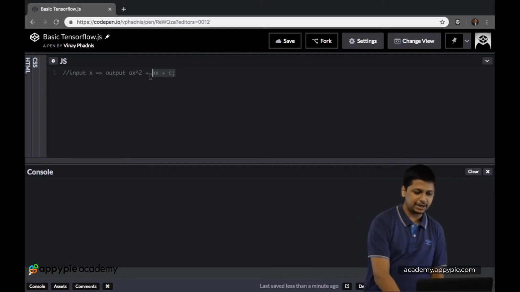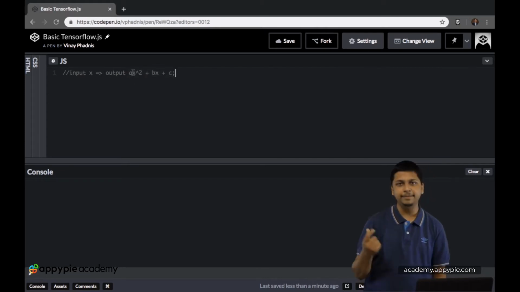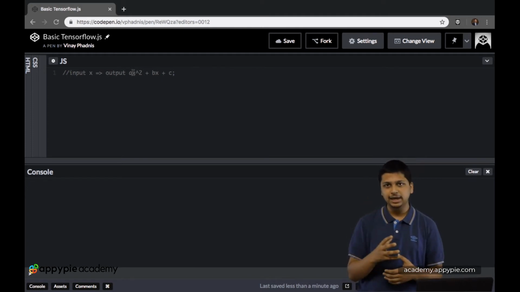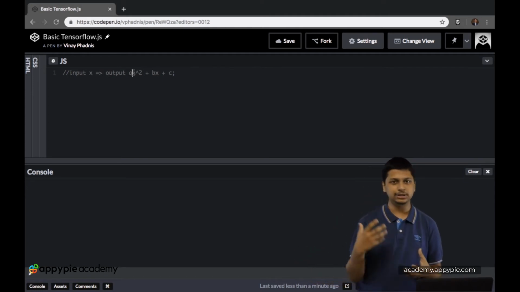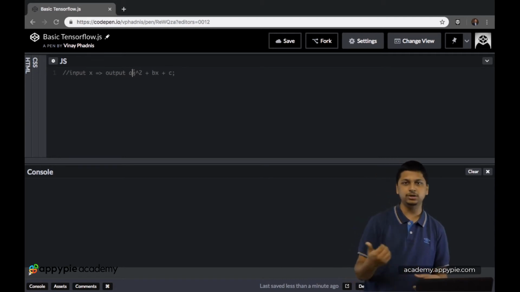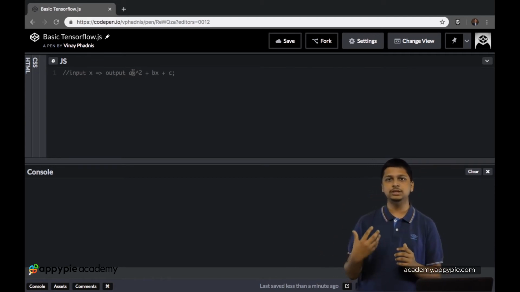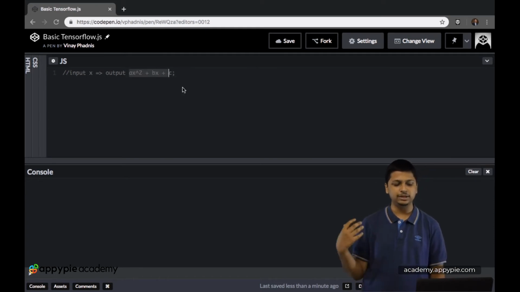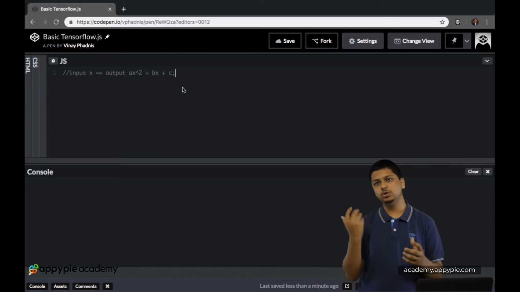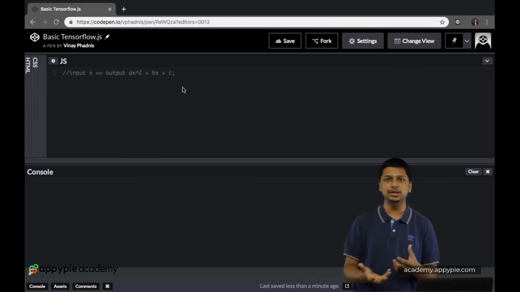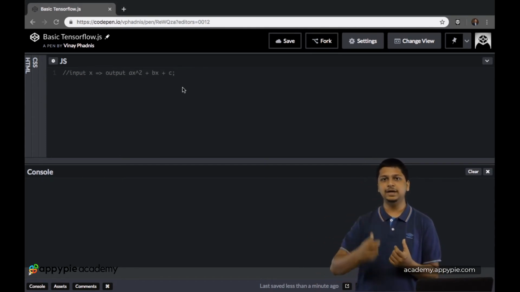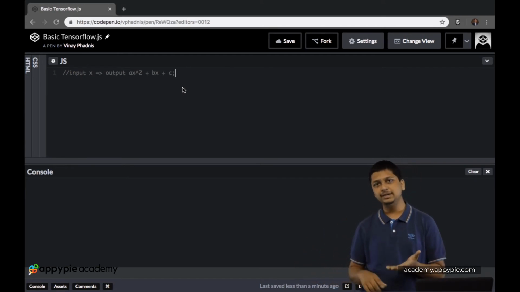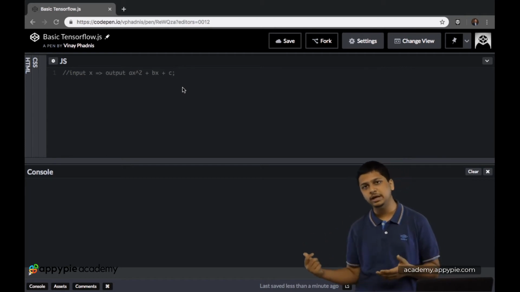So x is basically a tensor, and over here a, b and c are constants. You get to choose their value, and these are basically TensorFlow.scalars, because as you are using them with x, which is a tensor, you have to use TensorFlow.scalars and then calculate the whole value ax squared plus bx plus c and store it in another variable or another tensor called d, and finally do d.print so that you get the value of ax squared plus bx plus c for a corresponding value of x.